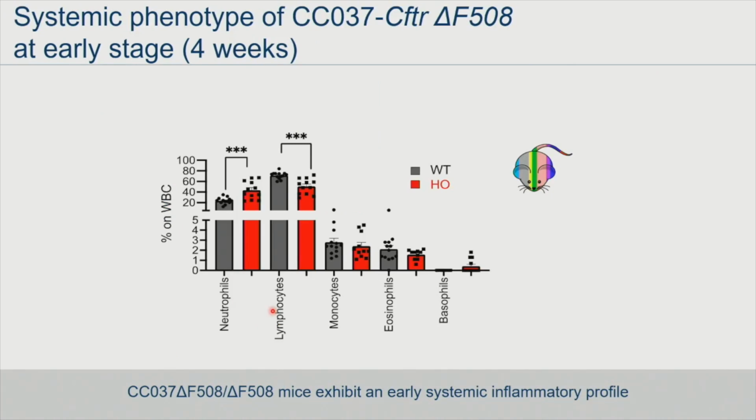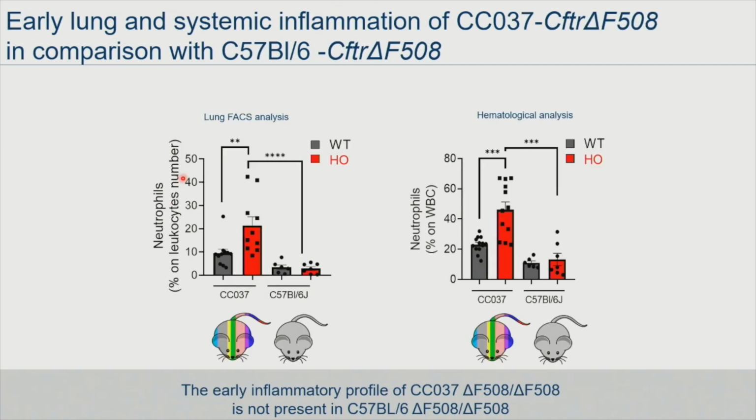We also check systemic by hematological analysis. And as you can see here, we have a similar profile because at early stage, we have an increase of neutrophils at the systemic level that follows the inflammation of the lung. Next, we check and we compare this line with